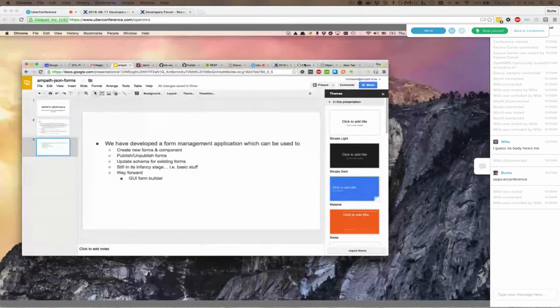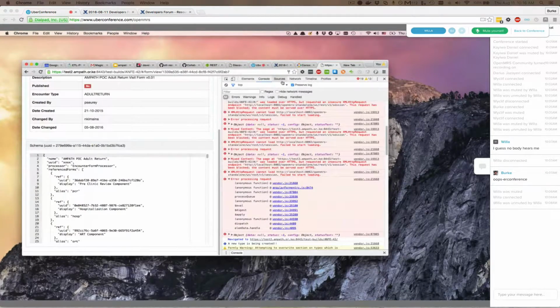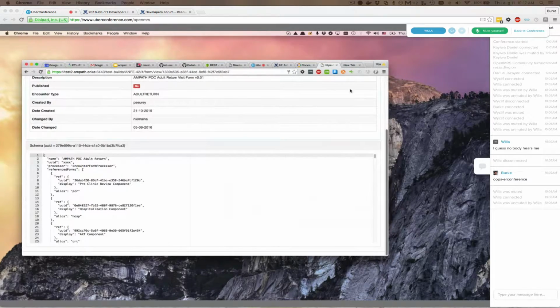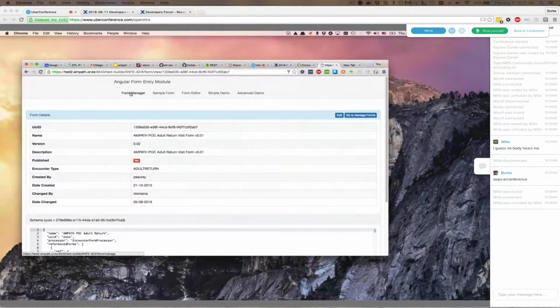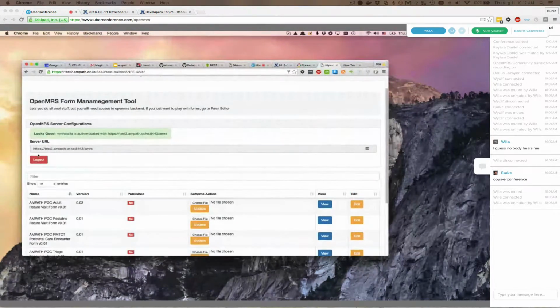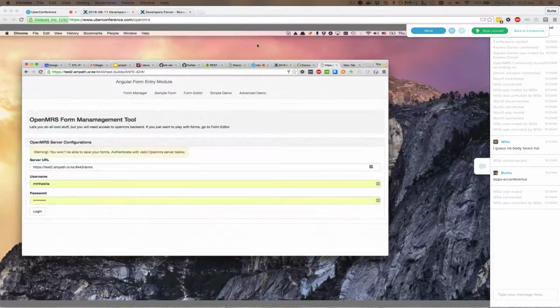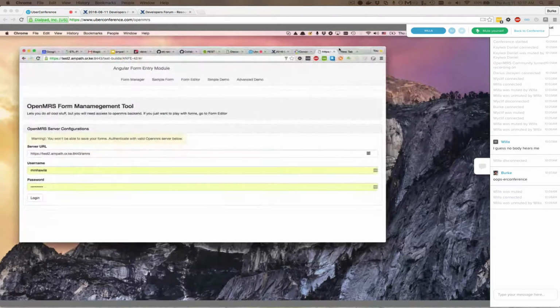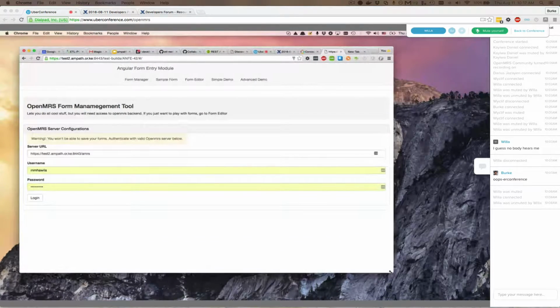Let's just see the app in action. Okay, so this is the app. I think you guys see what I see, the Angular form entry module at the top there. Yeah, okay.